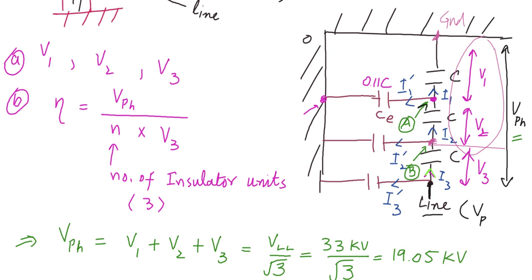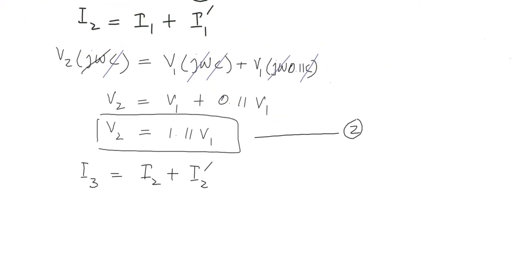As we can see, our tower is at the same potential. So this node will also be at the ground potential. So the voltage across this one, across this insulator, will be the same as the voltage if we look straight up, which was V1 plus V2. So we will write here,